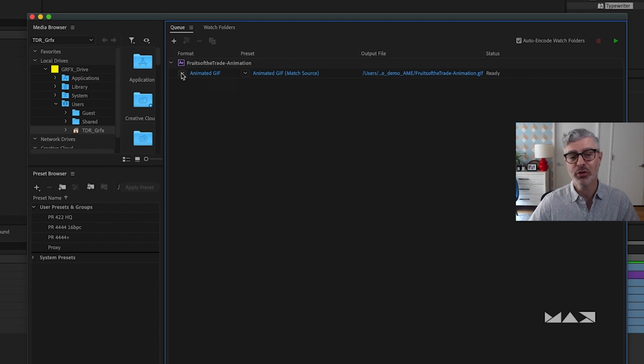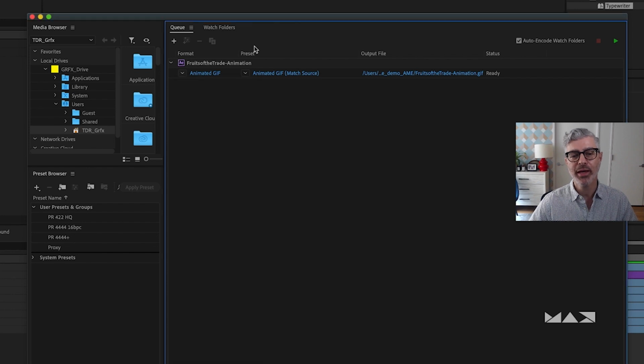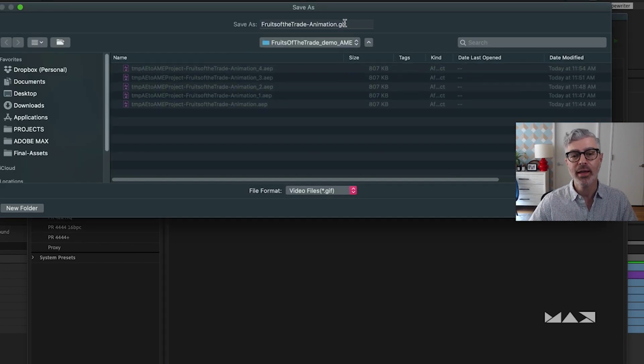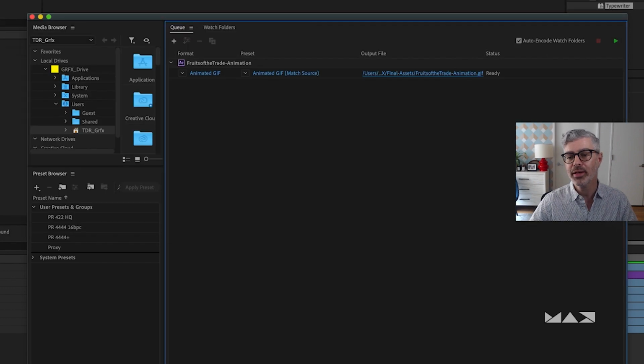Just in case this wasn't clear or you missed part 3, all you have to do is pull this down and find animated GIF, and that should be okay. In this case, we don't need to press this button because we want it 1500 by 1500, which is exactly the way the source is. So we just want to keep everything the way that it was. And then finally, I'm just going to click in here and give it a name and find a good place to put this, like here. Okay. And I'm going to hit save, and then I'm going to go ahead and press the button to start